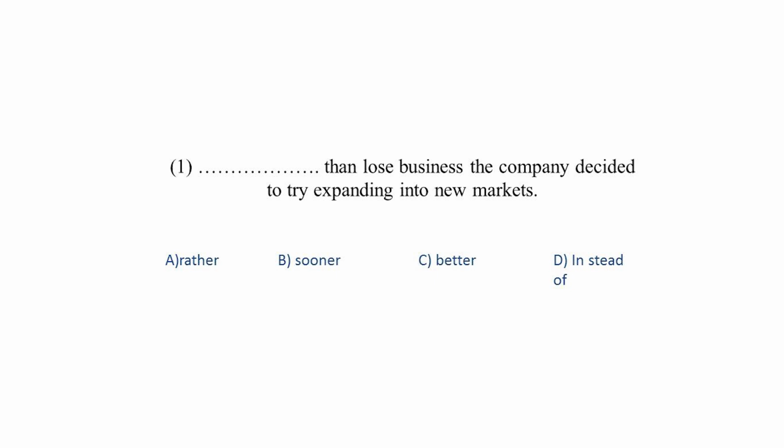There is an example. We have a gap and we have some options, so read the example and try to choose the correct option. Maybe it's better than. Everybody knows that it's better to do something instead of losing business. Maybe such an obvious thing, there is no need to state it.